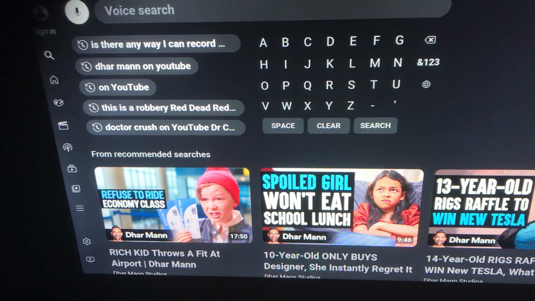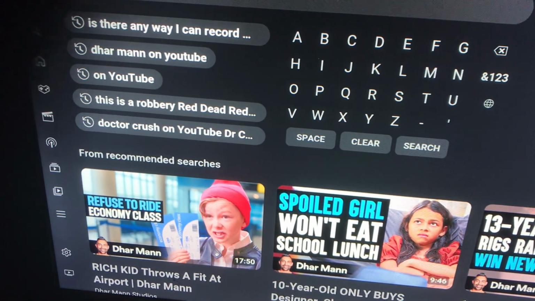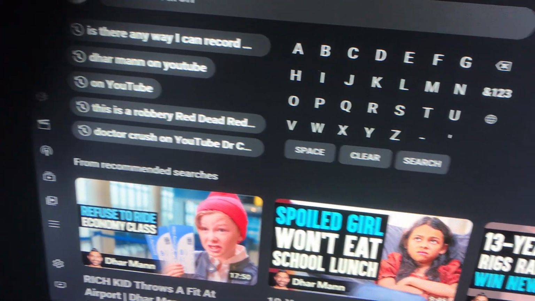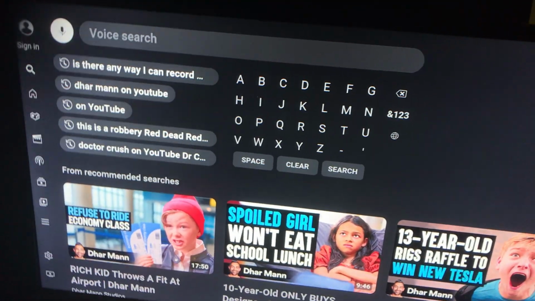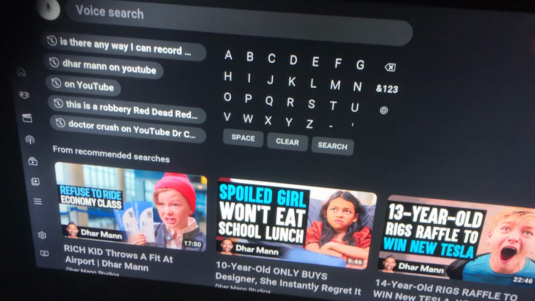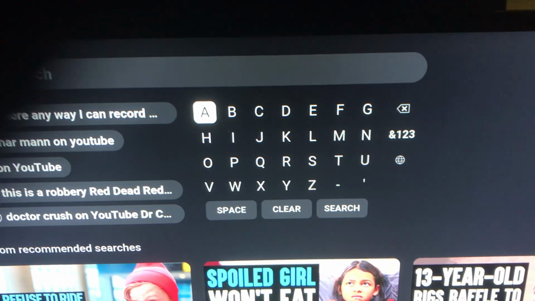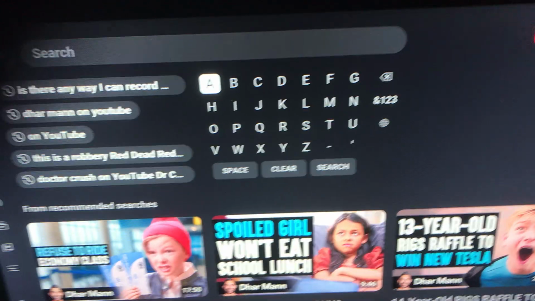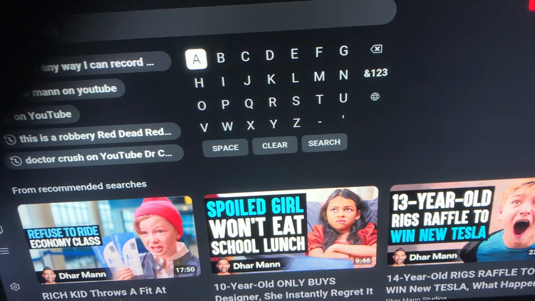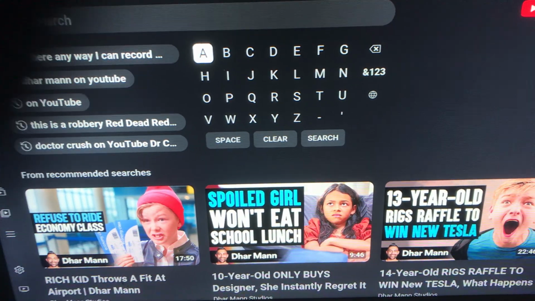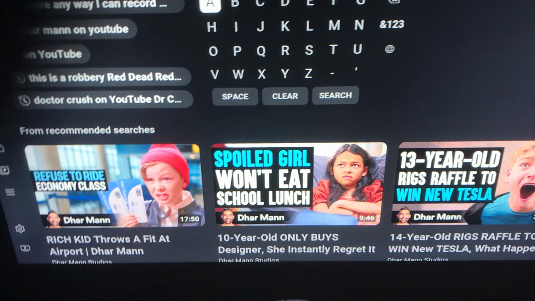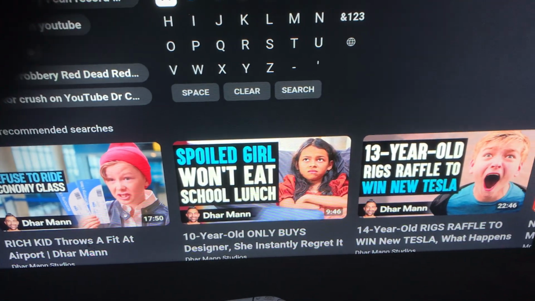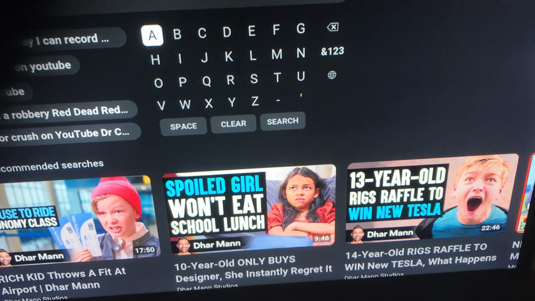So here, if you just press down from the little search icon, you can use the keyboard, the lettered keyboard, if you just navigate to the right. Press the A button. You'll hear there's a keyboard with letters, numbers, anything that a standard keyboard would have. You can use that to type. It'll tell you all the letters, all the numbers, all the buttons, what they do,